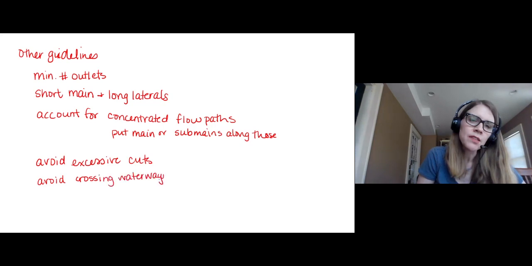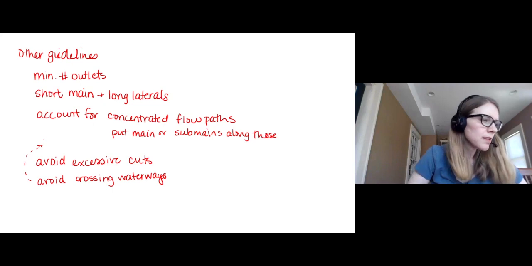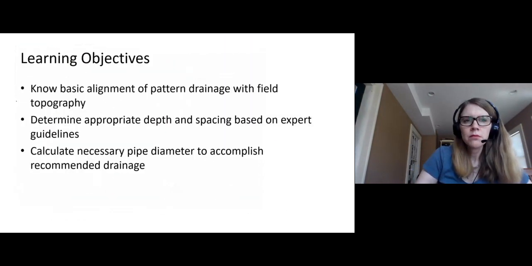I suppose I should have put this up above this other one. It's also a bad idea to have a tile line that actually crosses a waterway. So typically you would run a tile line maybe up to the waterway and then have a main or a submain that's along that line. Okay, so the next thing that we need to think about, so those are considerations for aligning the drainage with